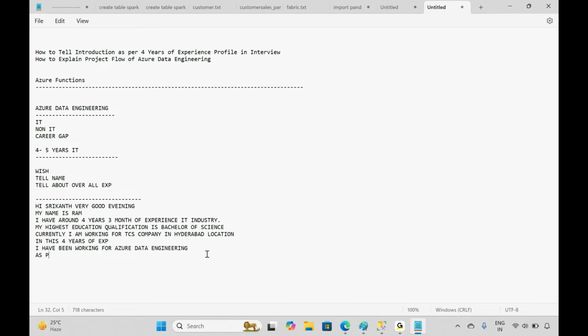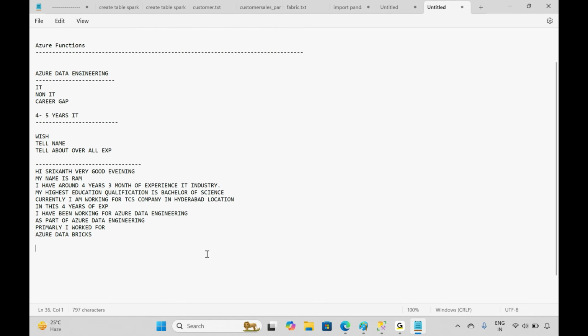As a part of Azure Data Engineering, I primarily work on Azure Databricks. So whichever key skill they are expecting, you will see it in the job description, right? You just focus on that key skill here. Azure Databricks